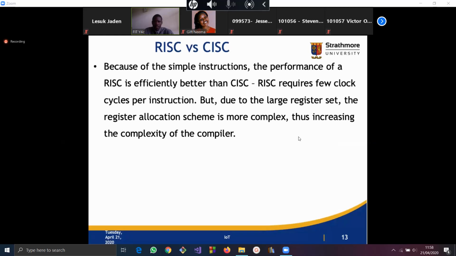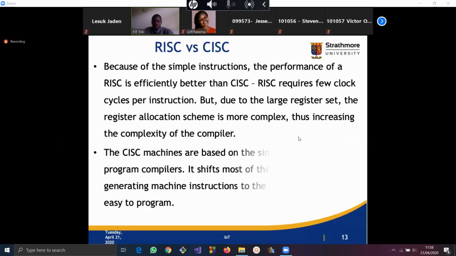Okay. So these are just further explanations. Maybe I've alluded to them or maybe not. So RISC requires few clock cycles per instruction. Okay. So one way of remembering this is RISC requires few clock cycles per instruction. Okay. Then CISC requires few, okay. So but due to the large,